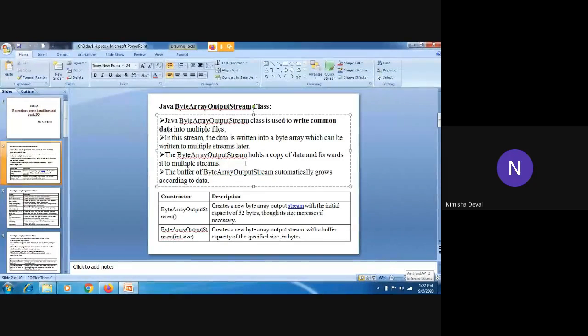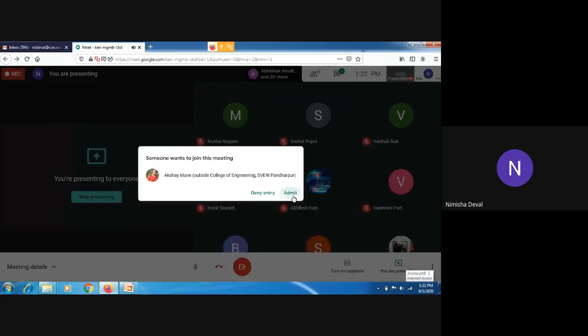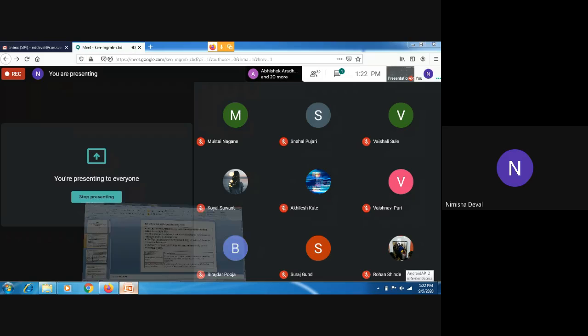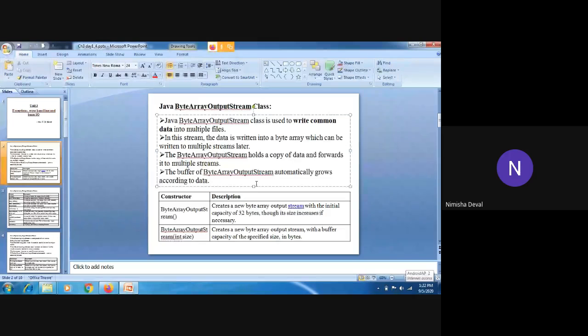Whenever we use byte array output stream, it first makes a copy of that data, and after making the copy, it forwards it to multiple files.